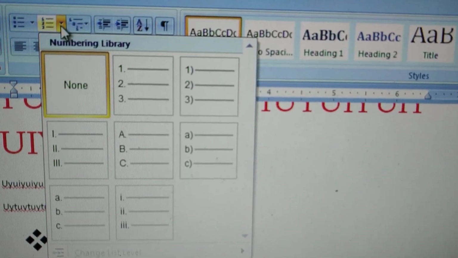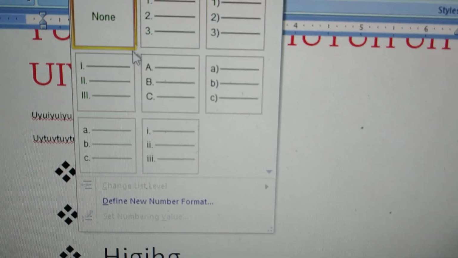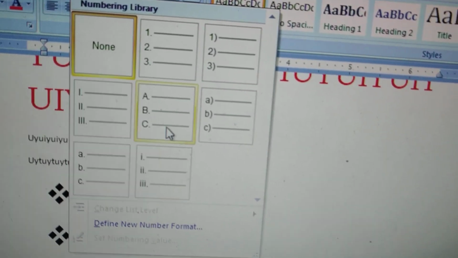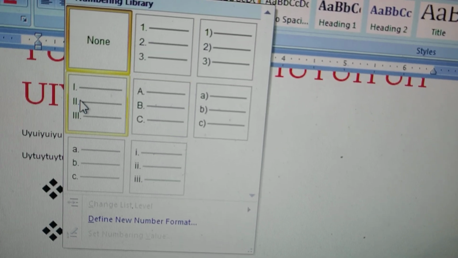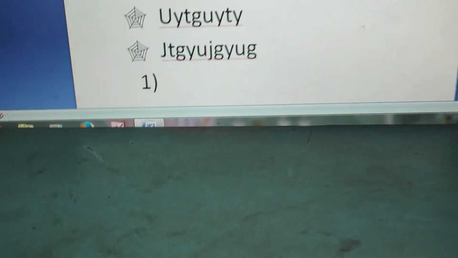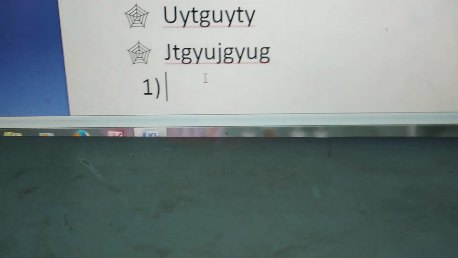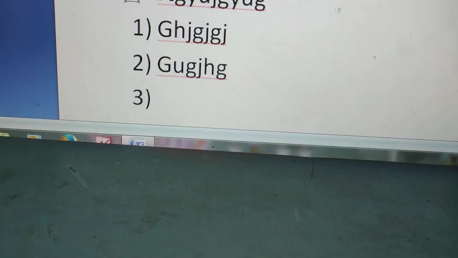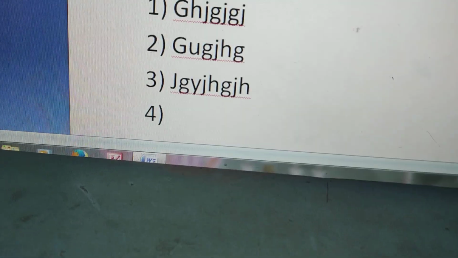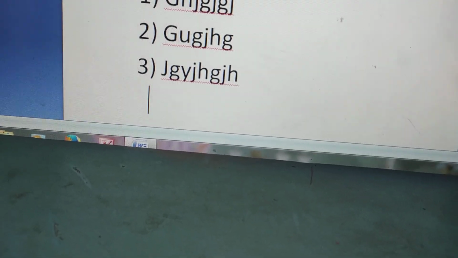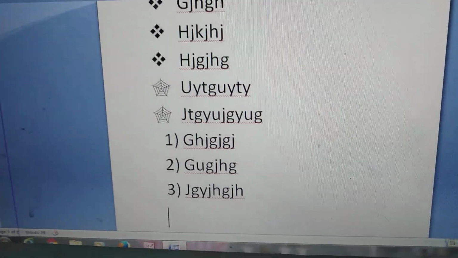Whichever style you want, 1, 2, 3 like this, or ABC, small abc, capital ABC, Roman numerals, you can take it. And see here that number will come and again whatever point you want to type you can type here. Again if you don't want this one, then press backspace, it will be deleted.